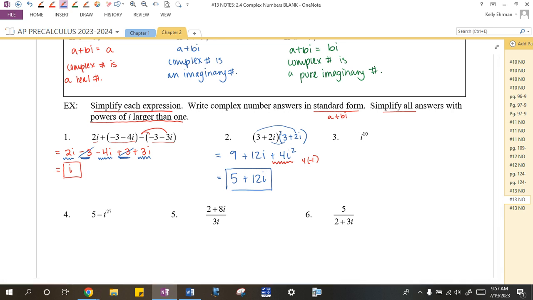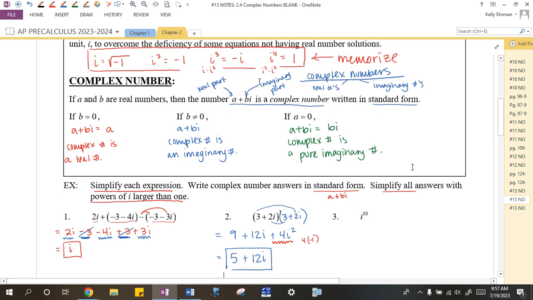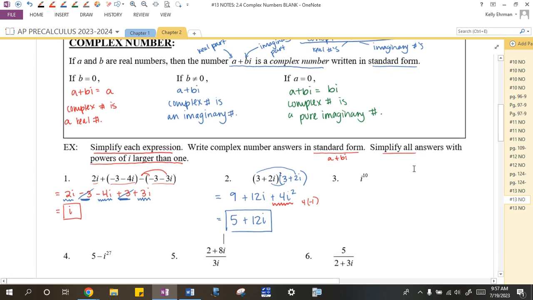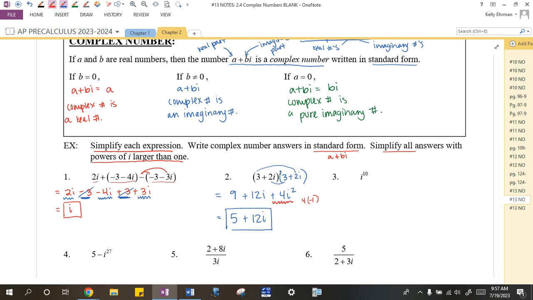Okay, so here's our first example of a higher power of i. We have i to the 10th. Now, we've expanded i to the first 4 powers. If you keep going with this, i to the 5th, for example, is like i times i to the 4th, or i times positive 1. So there's definitely a pattern going on with the powers of i. They repeat every 4 exponents. So let me just write some of these out. i is i, i squared is negative 1, i cubed is negative i, i to the 4th is positive 1,